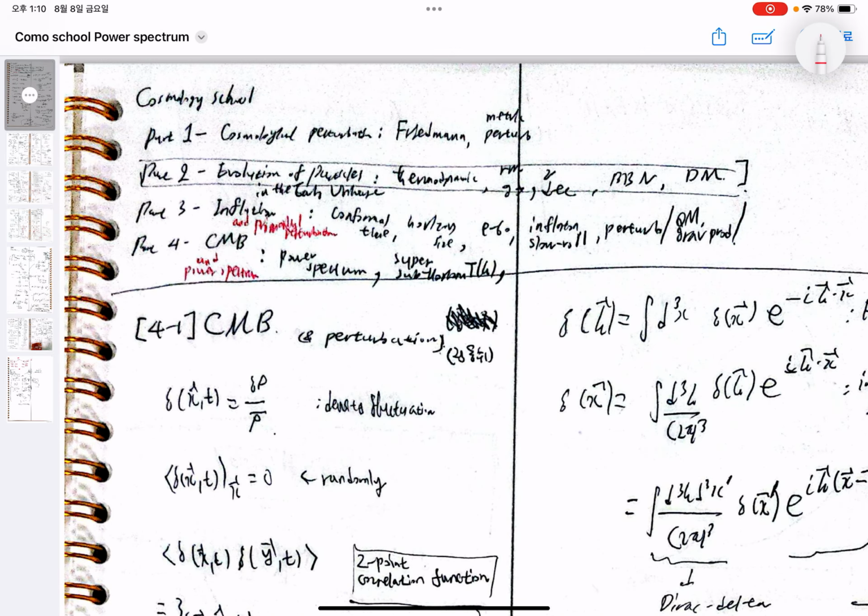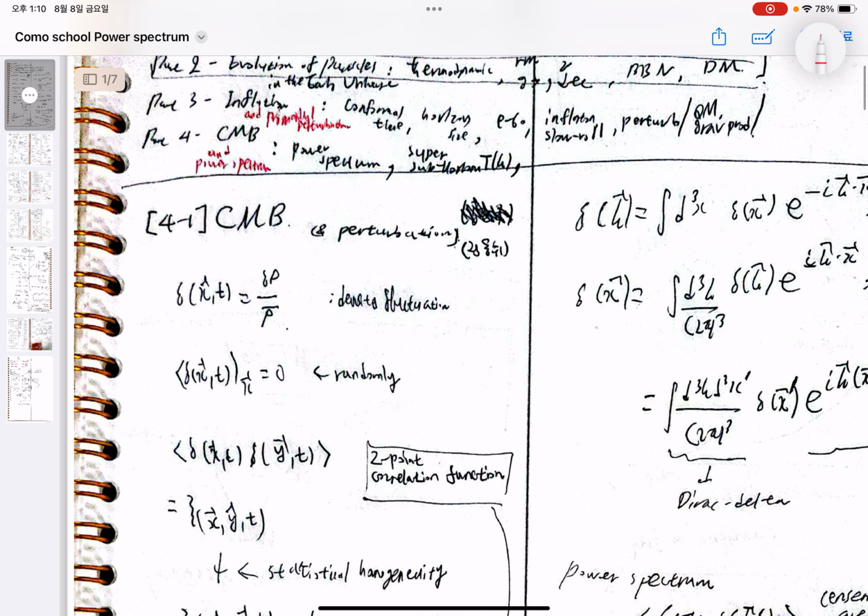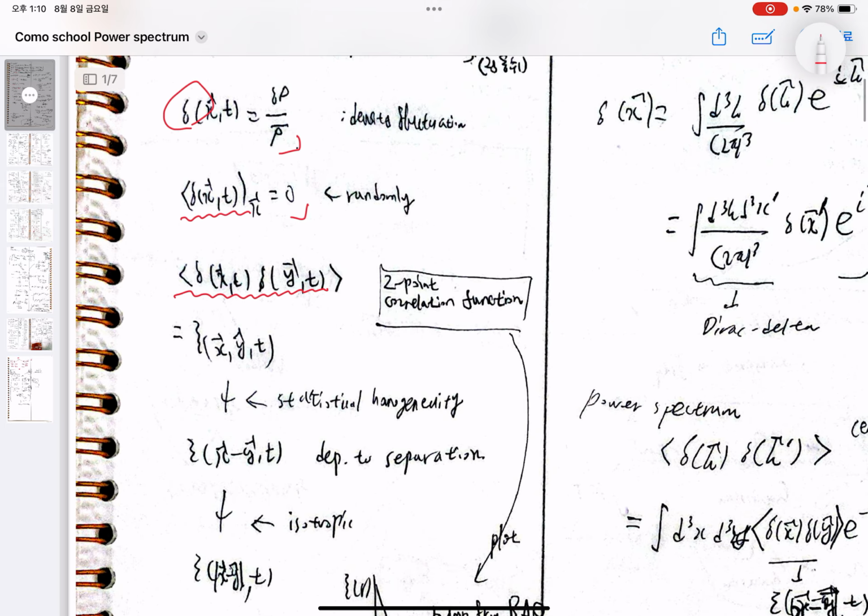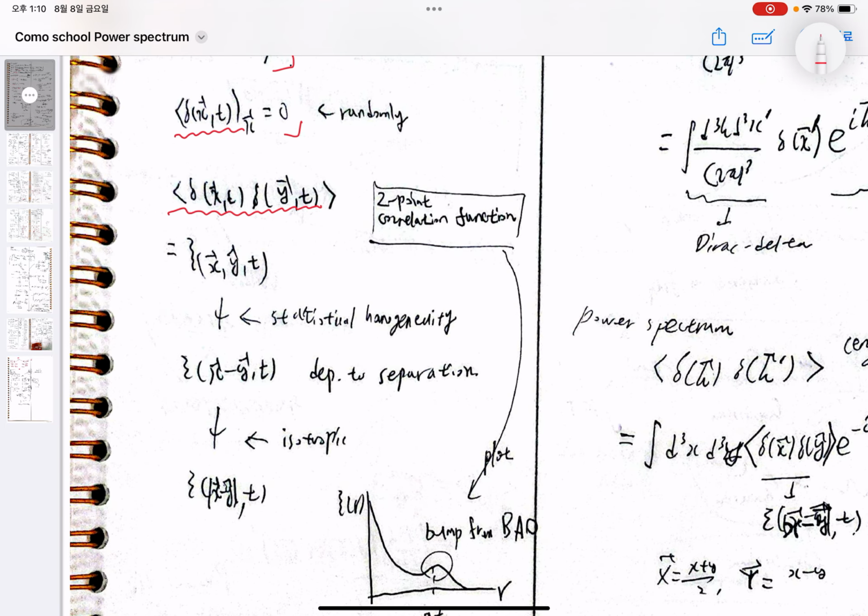So the topic for the Cosmology crew, we'll talk about the CMB and the power spectrum. In the CMB, there's density fluctuation, delta, about the background field, and because this is randomly distributed, the mean value of the density fluctuation delta is just 0. The two-point correlation function of the delta is non-zero, and due to the homogeneity and isotropy it is only dependent on